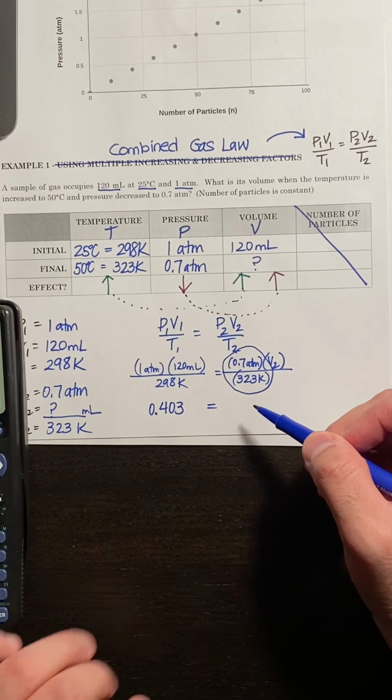This would look like, in math class, 0.403 equals 0.00217x. How would you solve for x? You would divide both sides by 0.00217. How would you solve for V2? You could treat V2 like x and divide both sides by 0.00217. If I do this math, 0.403 divided by 0.00217, I get 185.7